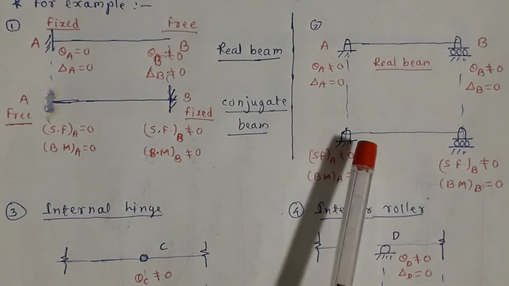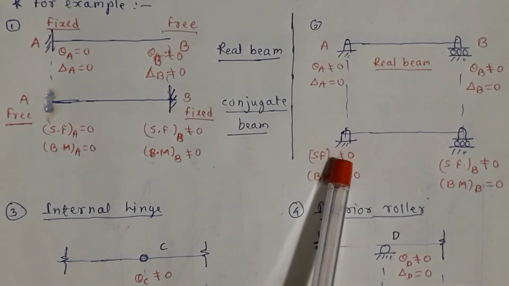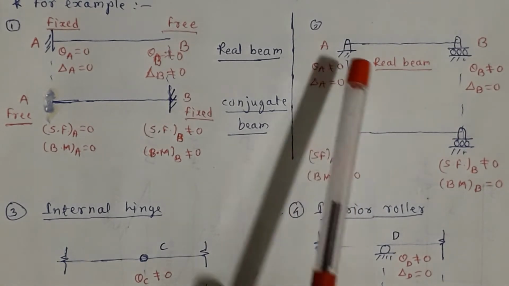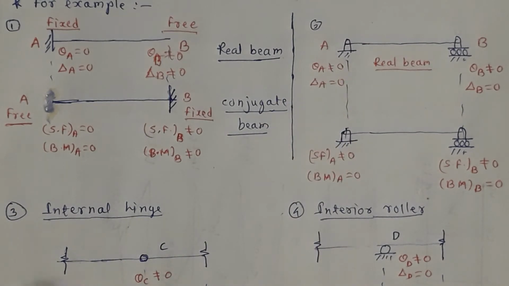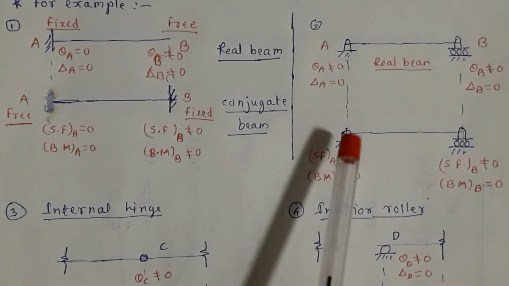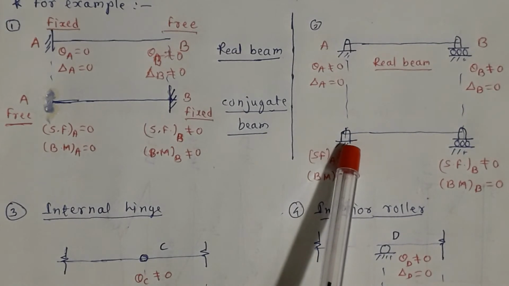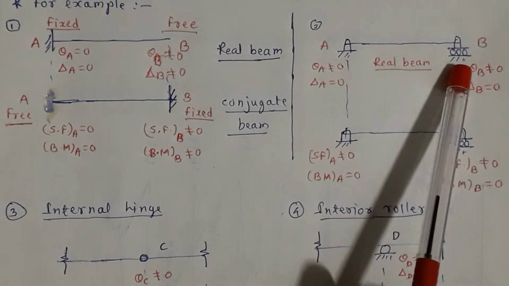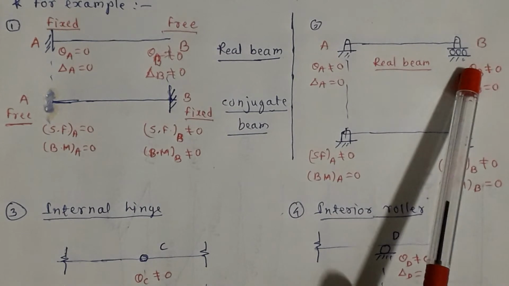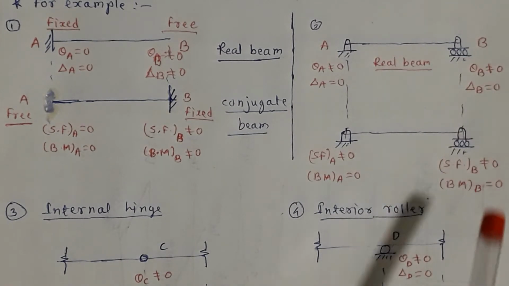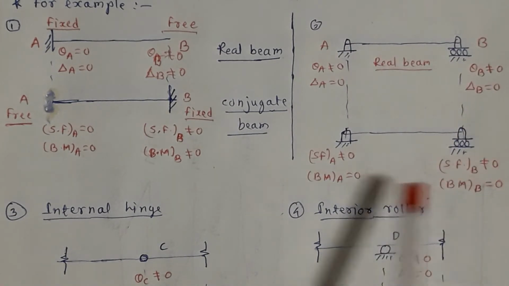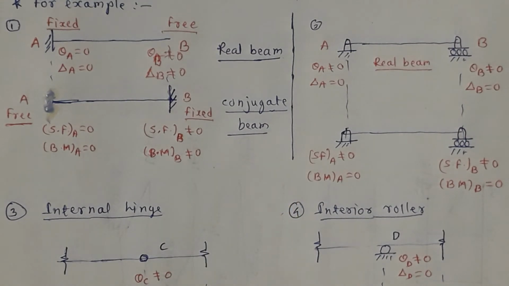So hinge support as well as roller support both satisfy this condition. But what we do in case of conjugate beam method is that the hinge support we keep it as hinge in conjugate beam also. Same is the case in case of roller support. If there is a roller support in real beam, it is to be replaced by a roller support in a conjugate beam. Or you can say that hinge support in a real beam remains hinged in conjugate beam, and roller support in a real beam remains roller in a conjugate beam.